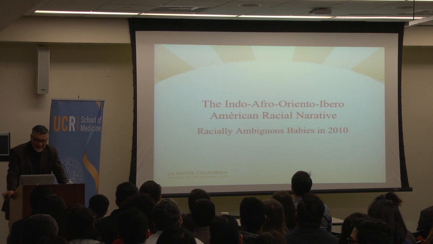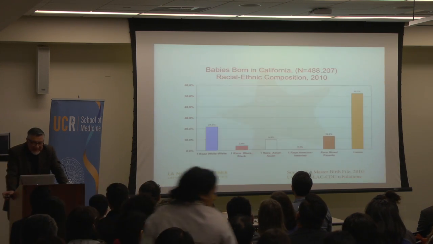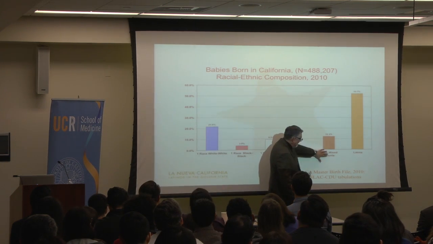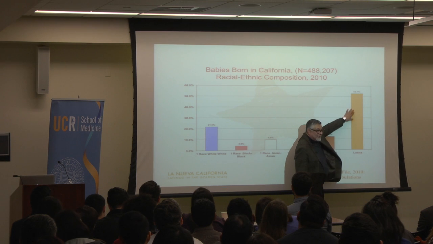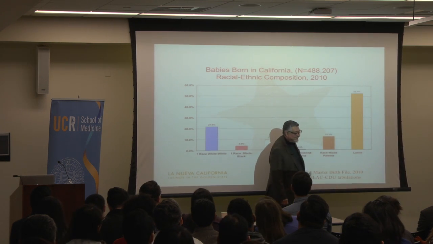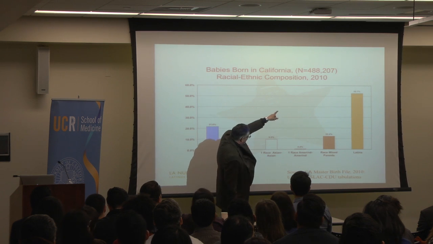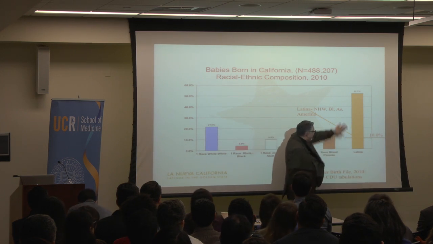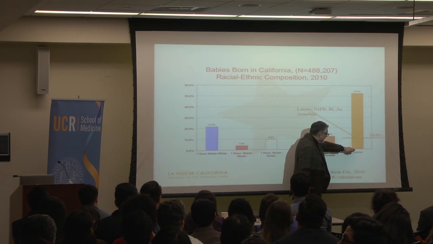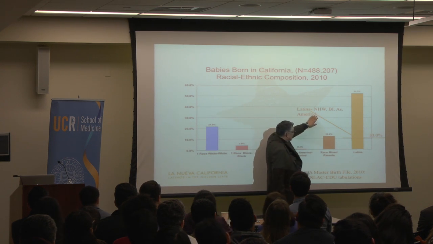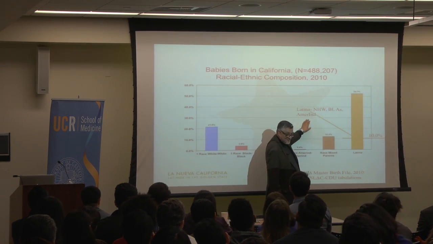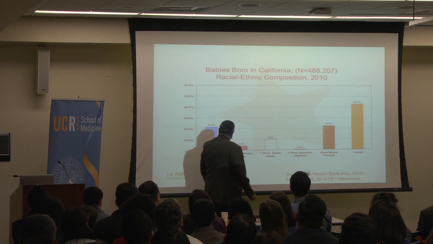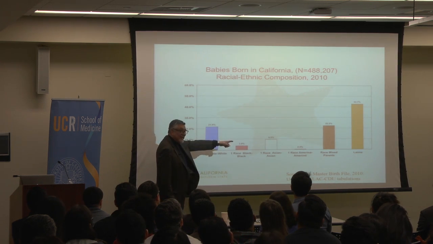But let's finish this, the racially ambiguous babies. Okay, so here we have white, black, Asian, Indian, mixed, Latino. Where do they fit? Well, to begin with, remember we're talking about a base of almost 500,000 babies. De plano, 10% of the babies in California were to a Latina mom, but the father was either non-Hispanic, white, black, Asian, or American Indian, which also then would make them mixed. So we can put them up here. Suddenly you have more racially ambiguous babies than white.